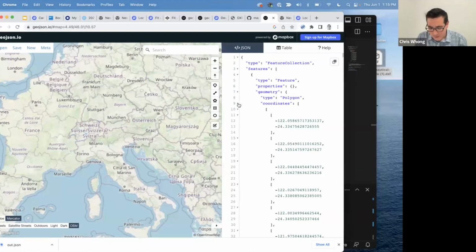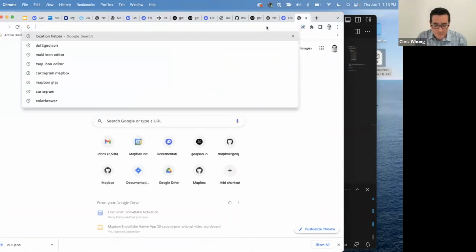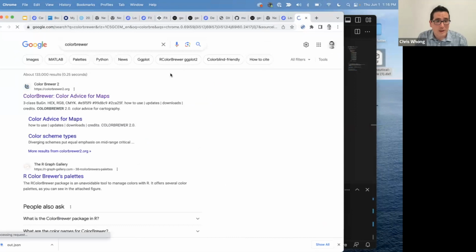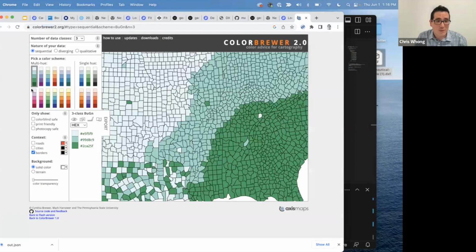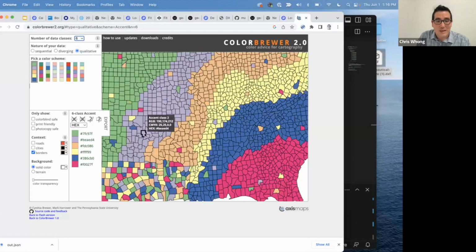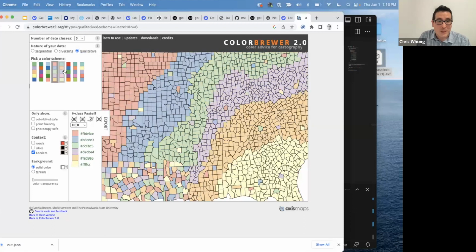Okay. So some third-party tools. It's about 1:15. I'm going to go through these super fast. I do want to show Color Brewer because I've been teaching web mapping and doing this for many years, and I always end up back here many times a month just to get good color palettes, especially for data visualization. If you just want to distribute data around the map and you don't want everything to be the same color, or you want a category-based color, for example, you could click qualitative and say, I have 7 different categories or 6 different categories, and it'll just give you these color palettes. You can put a little more effort and design into it later, but to just get something quickly, this is a great place to start.